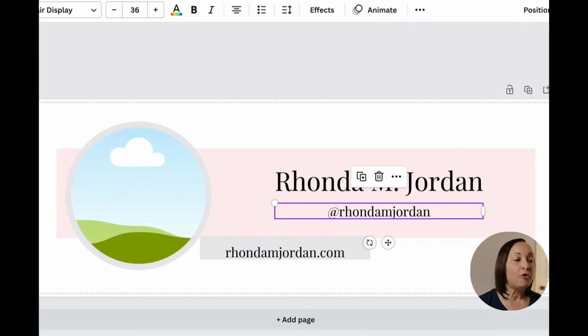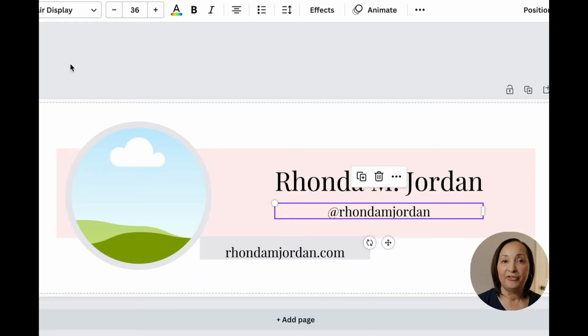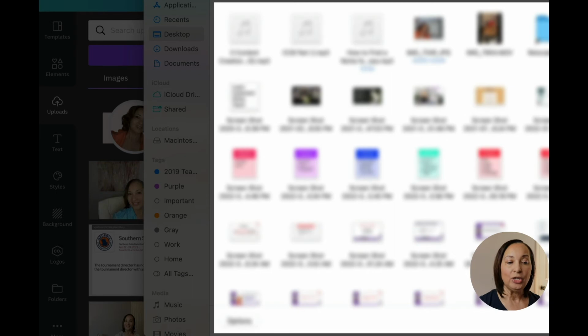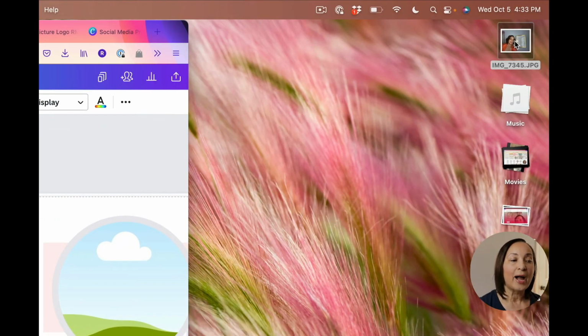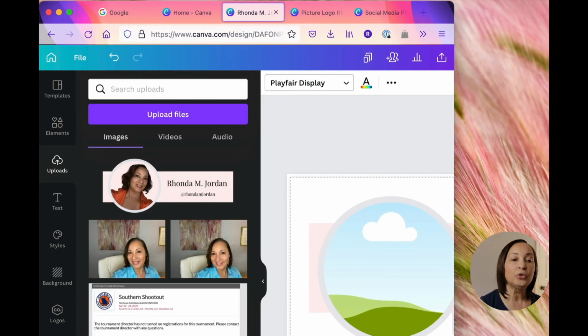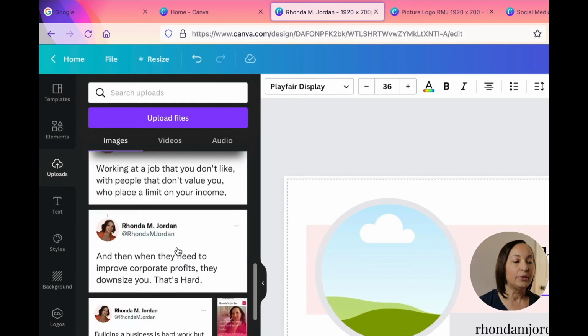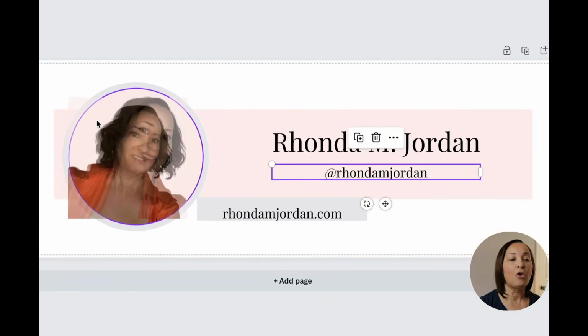So let's come over to this section that says Uploads. Now, when you're uploading a photo, you have two ways you can do it. You can either do upload files, where you click on this and then select the location and drag it over, or you can also grab a file, let's say that you have on your desktop, and drag that over. Okay, so those are the two ways that you can get your photo in. What I'm going to do is to use a photo that I use for my brand, and I'm simply going to grab it here because it's already uploaded and drag it over to the frame.